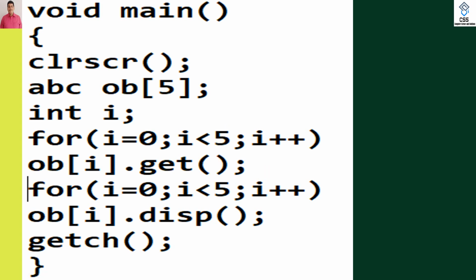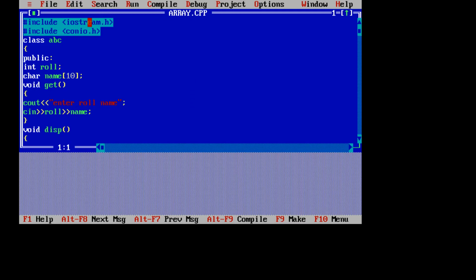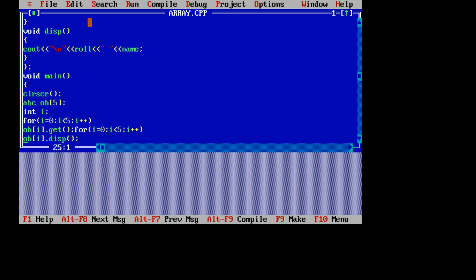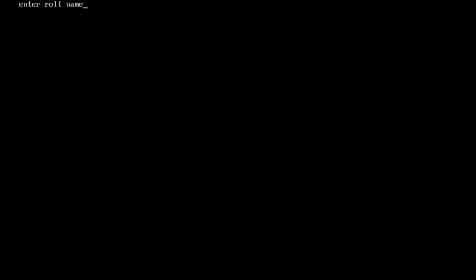If we want to run this program, what is the technique? Move to your online compiler or Turbo compiler. That program you see I have written previously to make it quicker, and now I want to run this program. It asks you to enter roll, suppose 1, the name given is Sriram, 2, the name given is Shreyansh, 3, the name given is Ram,